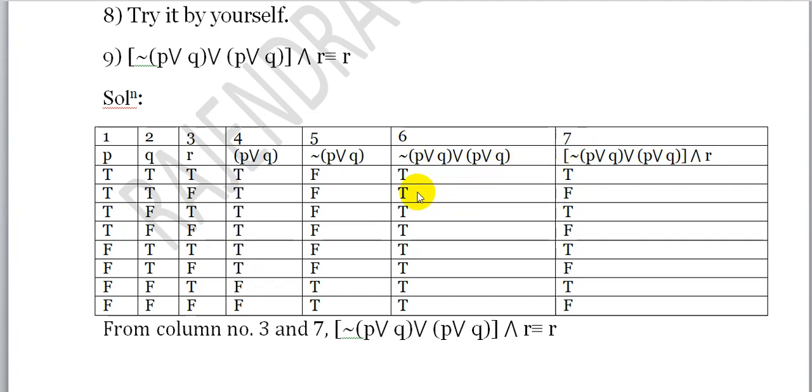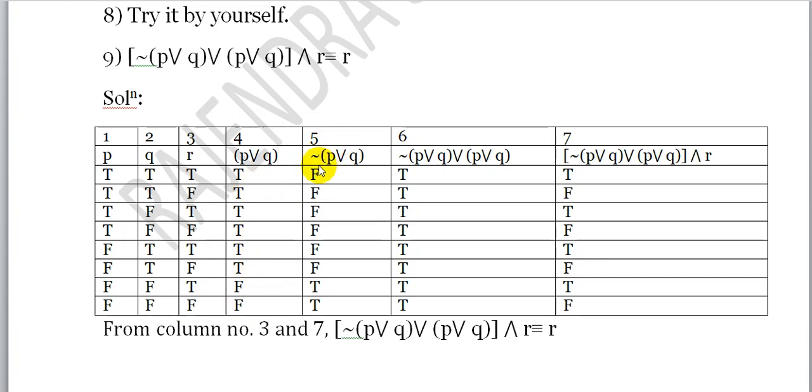Okay. So first we complete P: 4 times T, 4 times F. For Q: double T, double F, double T, double F. And for R: TF, TF, TF, TF. For PRQ, if anyone is true, then it is true. So we get T, T, T, T, T, T, and FF. Now see this for PRQ. Only F or F is F, and here F or F is F. Otherwise, it is always true.